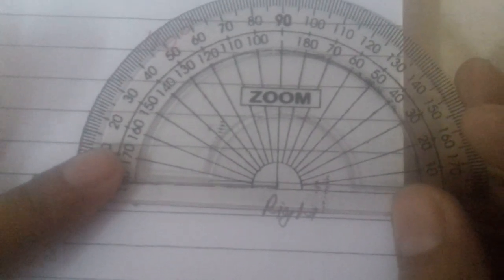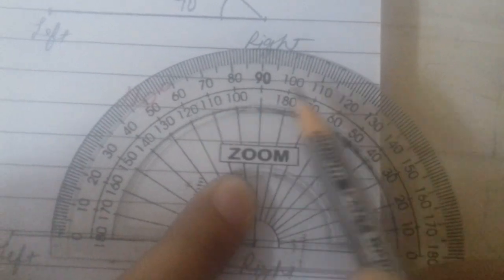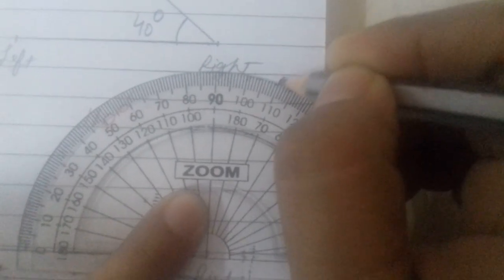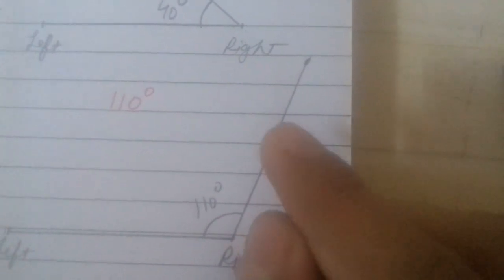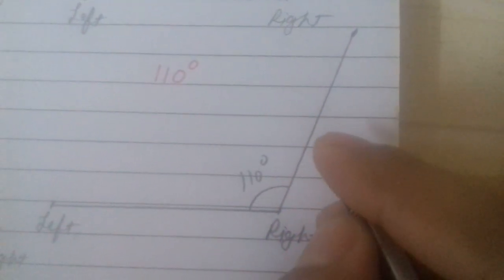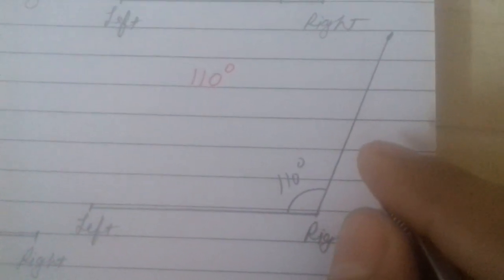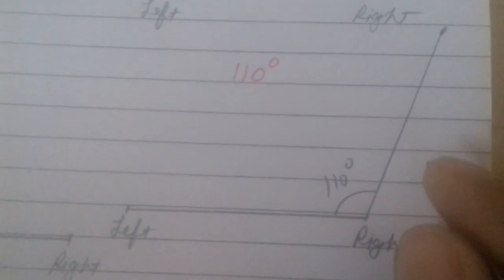Yes, for 110 students, I have drawn the line segment. Mark here left and then right. Now I am going to draw it on the right side. On the right side, which angle do we have to see? Upper one. So 110 is here also, 110 is here also. But which 110 will we take? We'll take the upper one. Put a dot in front of 110. You can remove the protractor and join both the dots. So this angle is 110 degree. Children, I am explaining how to draw on both the sides. It's your wish. Anywhere you can draw the angle. If you want to draw on the left side, you can draw on left. If you want to do it on the right side, you can draw on right. So it is your wish.